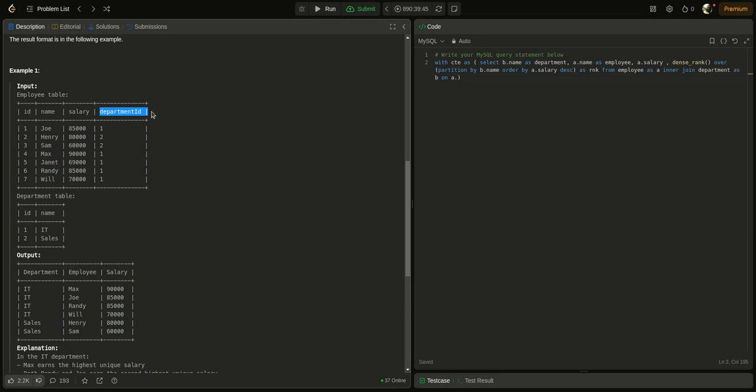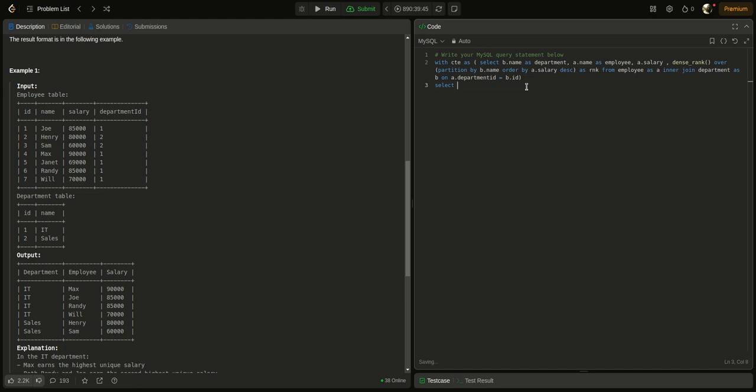We are joining on department ID, where b.ID, the ID column in the department table, equals a.department ID. Sorry guys, department ID. And then we will fetch the intermediate results from our common table expression.